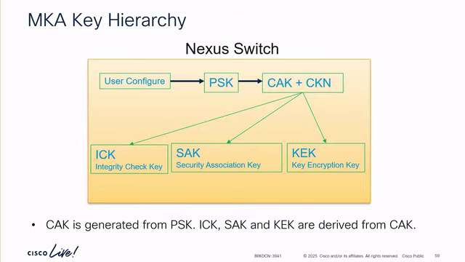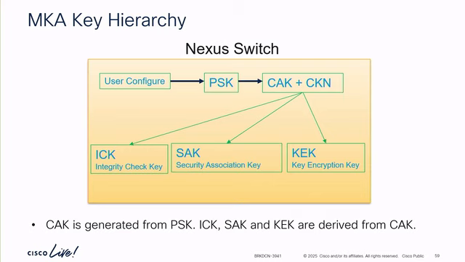high level. So now, a user configures a pre-shared key on the Nexus switch. Now, by the way, these pre-shared keys can come from external servers. We have master key servers, things like that. Now, from this pre-shared key, we derive what we call a connectivity association key, right? And basically, what this CAK is, it's a seed key. And then there's some math, magic done under the hood, so that from this CAK, we derive 3